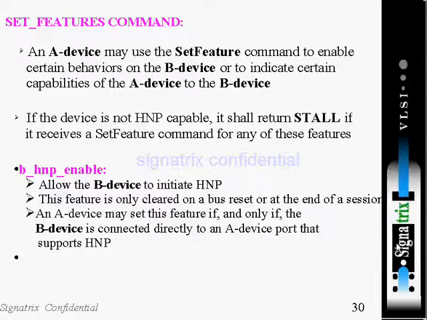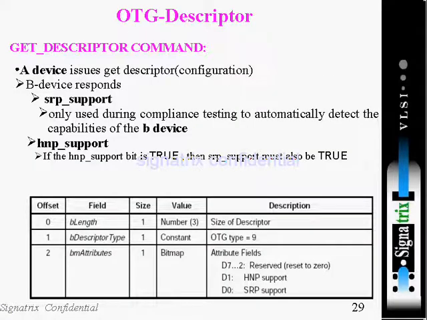Yeah, what's your doubt? This is a bit stream, a bit map. This HNP bit is 1. This is a bit map, bit by bit. That means the first bit, at that time the HNP is from the previous slide. This is bit mapping. Each bit will have its own meaning. That particular time, when D1 is 0, that particular HNP is not supported.